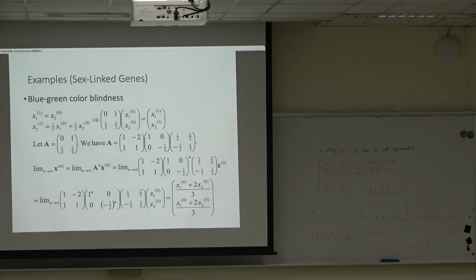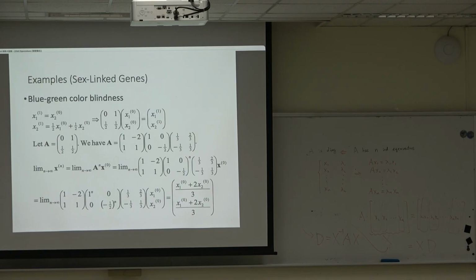Blue, green color blindness. This is an example, but I couldn't find a concrete description for this question. But you can easily see that for people who are colorblind, some people are colorblind for blue color, some people are colorblind for green color. Okay, so say